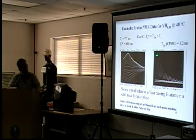This is the Carr-Purcell train. In between here are pi pulses, and you see the decay, and we plot that at 1.2. This is one of the case C samples. Turned out it's from diffusion, hydrogen atoms diffusing within that solid. We measure this as a function of temperature, and we can measure different frequencies and then analyze it to take the data. So, whether we were looking at hydrides or tritium spectra or helium-3 spectra, these were the kinds